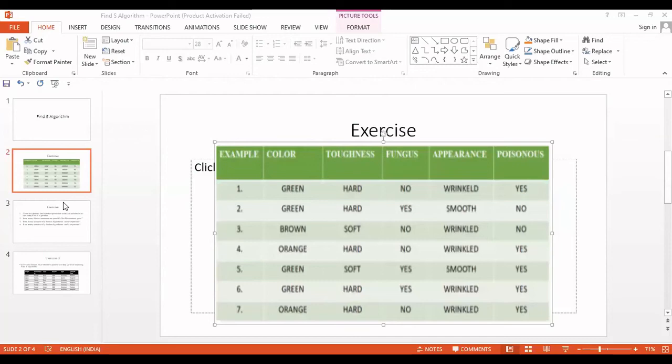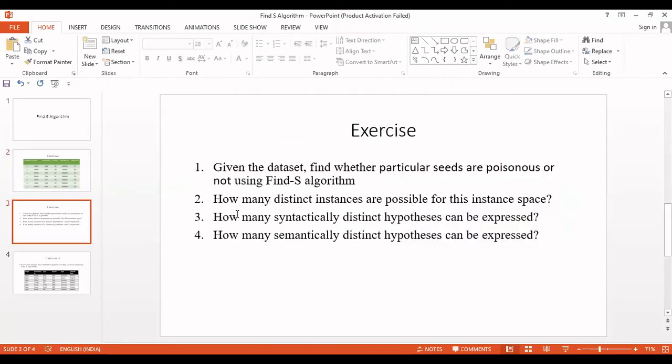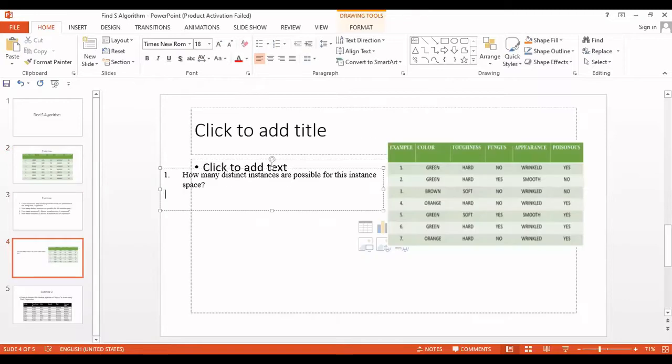First question, you need to find out 4 answers. The questions are given in slide number 3. For the color attribute, how many different values do you have? Green, brown, orange. Okay, so we will have 3 multiplied by